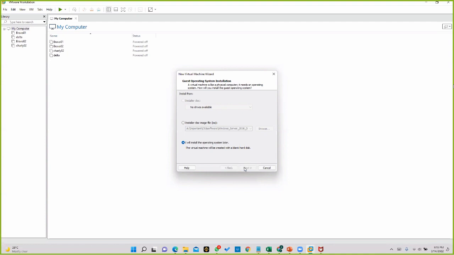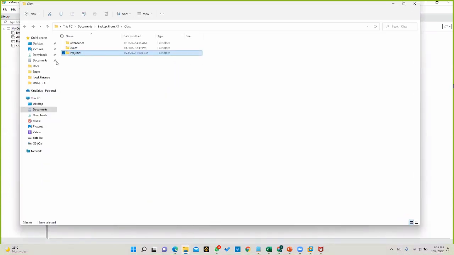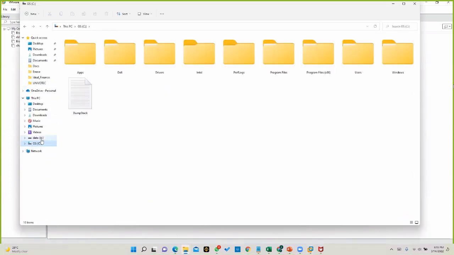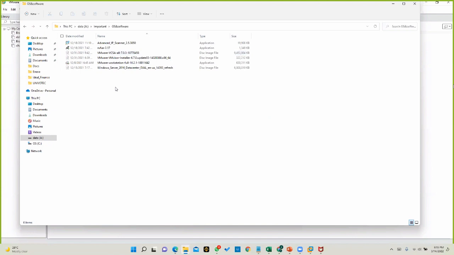So anyway, I'm going to install Microsoft Windows. I can't remember the exact version I have. Yeah, I have Windows 2016. That doesn't matter, same family, even though it is 2019.